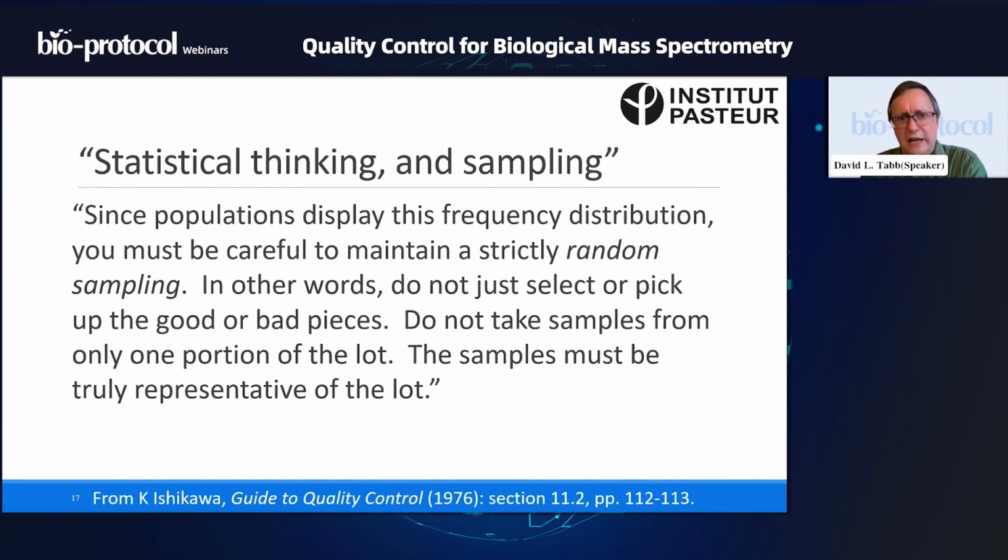Sampling is, again, a fairly complex subject, but I really love this quote from Ishikawa's book. Since populations display this frequency distribution, you must be careful to maintain a strictly random sampling. In other words, do not just select or pick up the good or bad pieces. Don't just take samples from only one portion of the lot. The samples must be truly representative of the lot. If you are not,